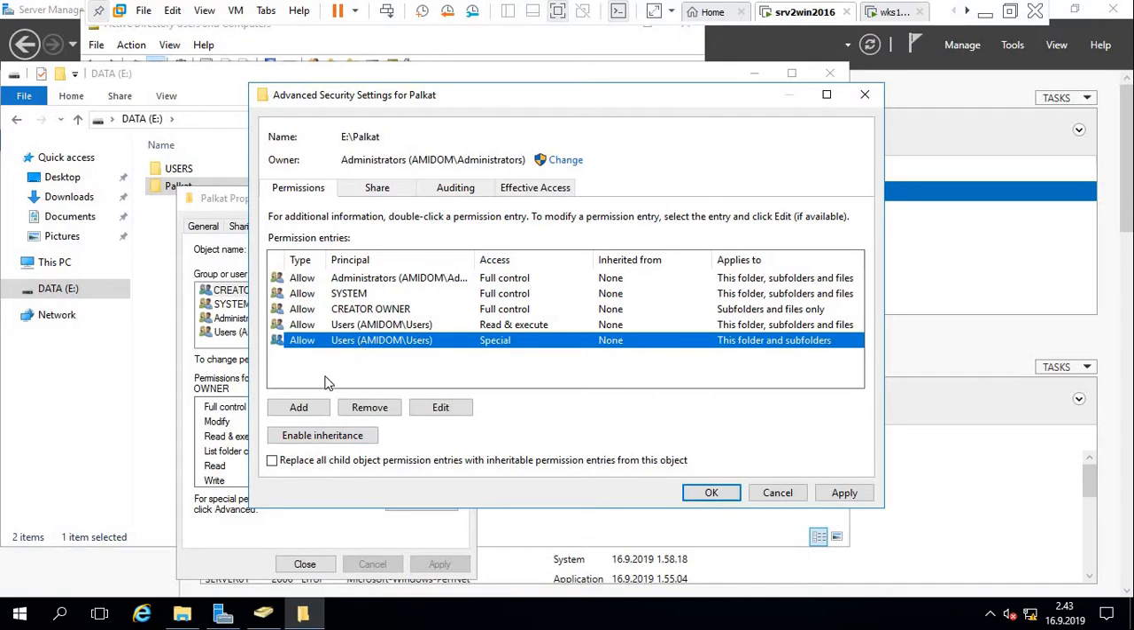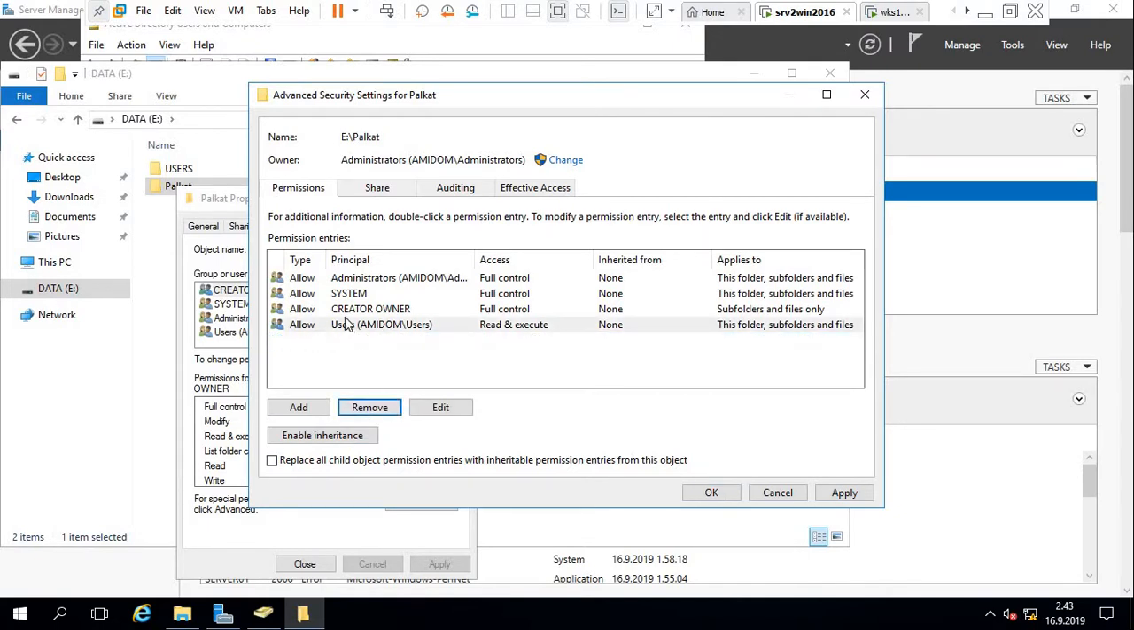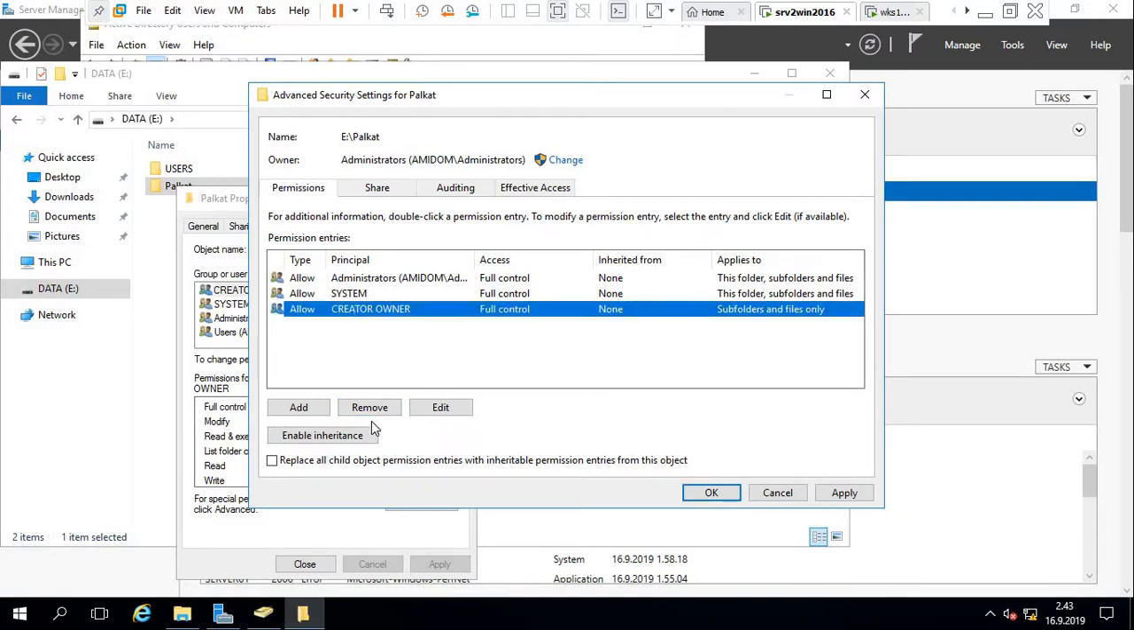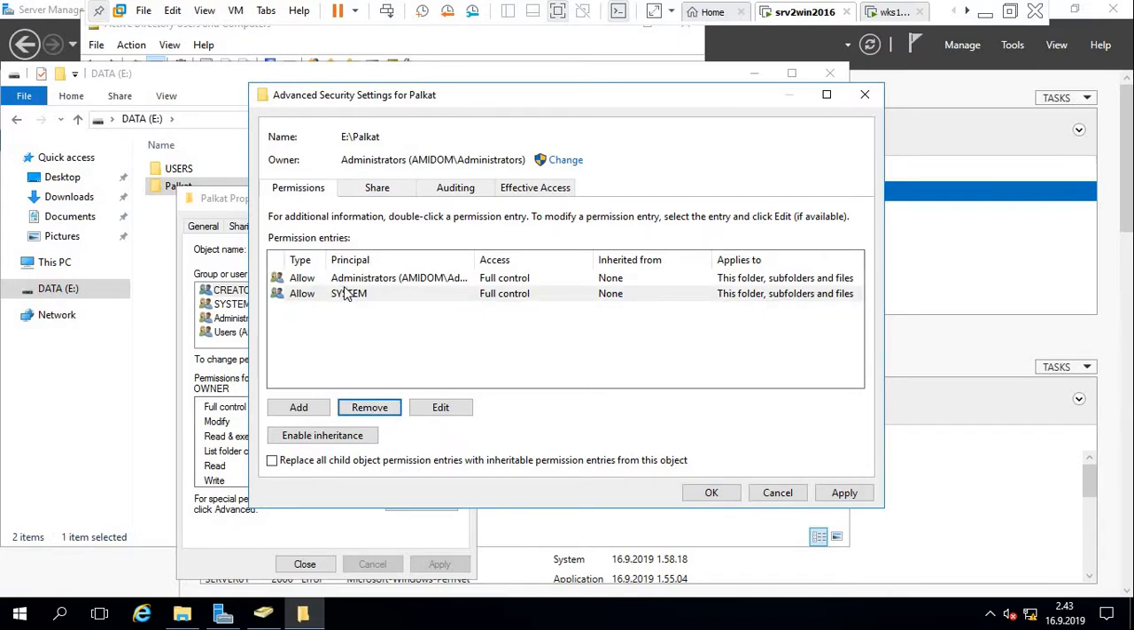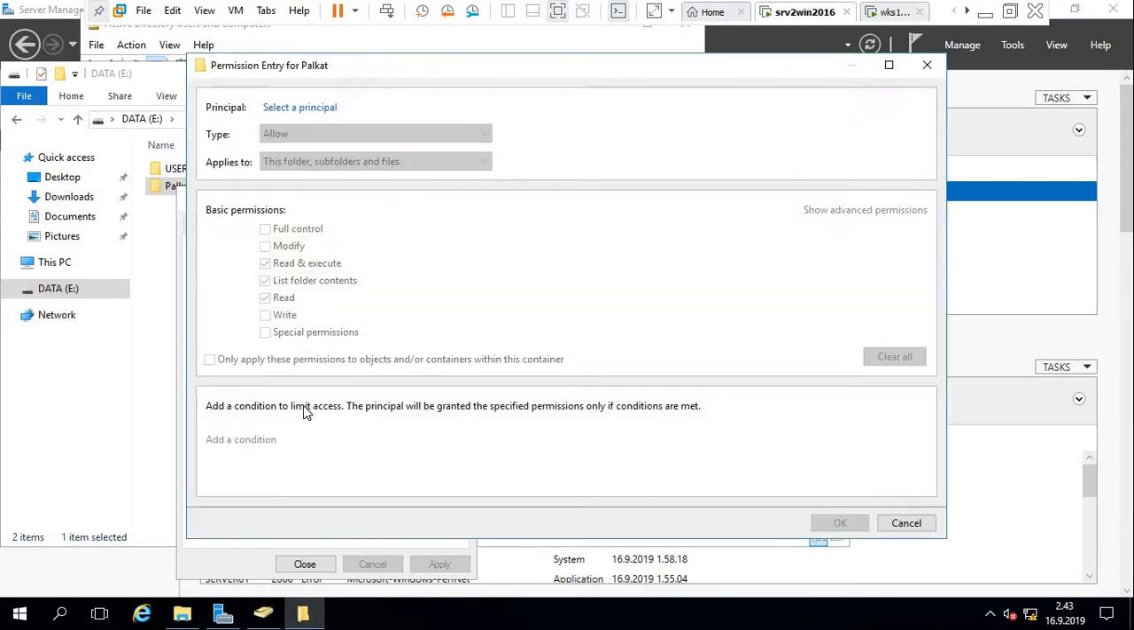Users, we don't need it, delete. This one we don't need, delete. Creator owner, we don't need, delete. We keep this one, administrator and system, as they are needed. Then we add a little bit extra more, like